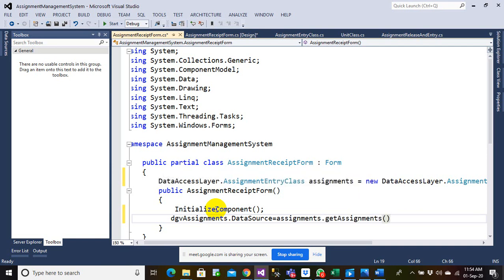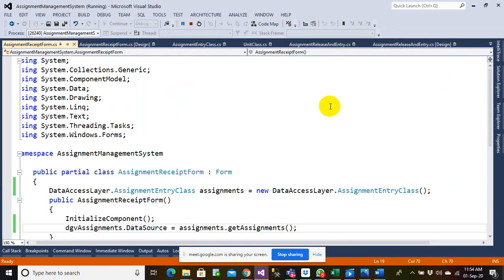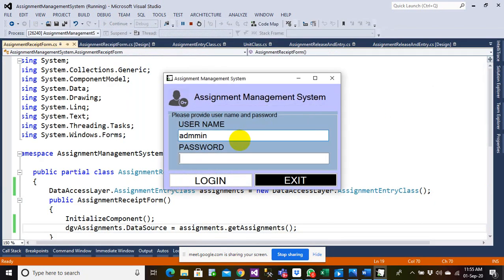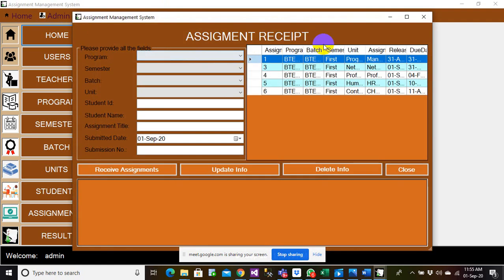Okay, so all the assignments should be populated onto the grid view. So let me see what it means. We got it here. And if I select any one of them, this thing should be populated. Whatever the populations has to be made, all those things should be populated here, including assignment title, program, batch, and